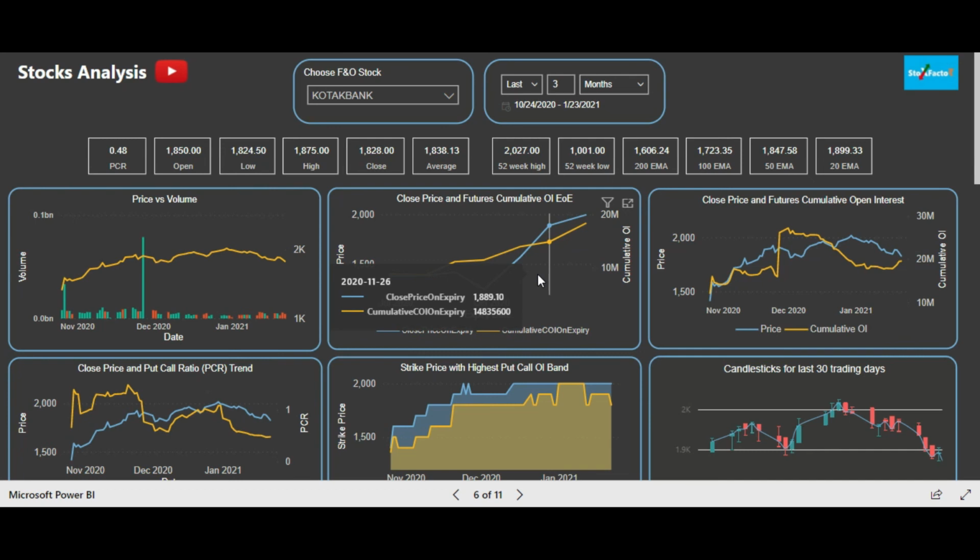Similarly, if the price is falling, the open interest is rising and the rollover percentage is high, that means the stock is in a bearish zone and people are making short positions and they are rolling the short position. So friends, we have taken the example of one stock and one index. So in this way, you have to perform the analysis for your trading decisions.